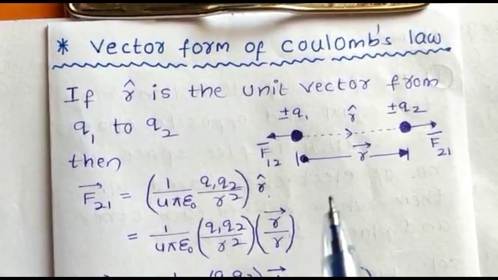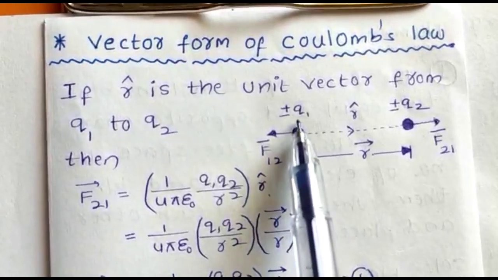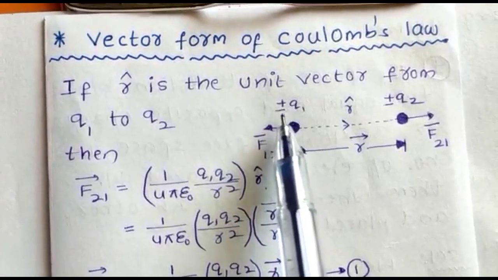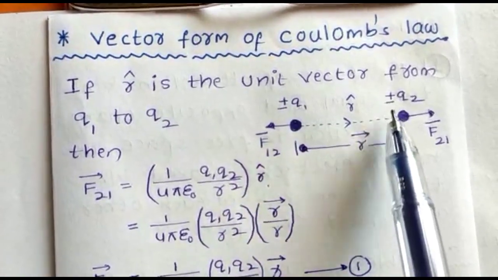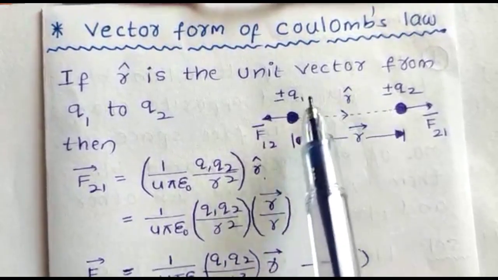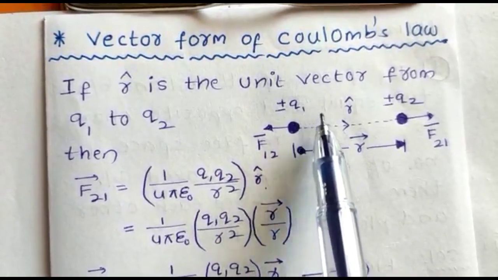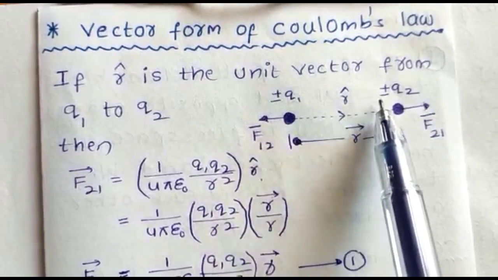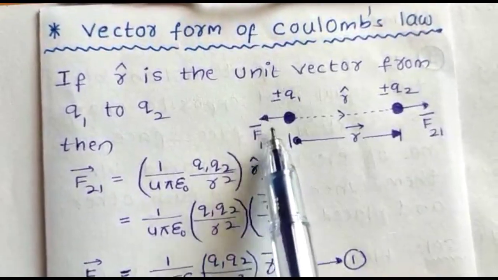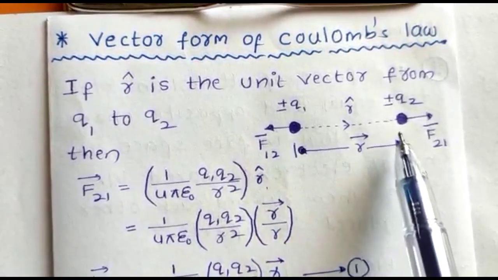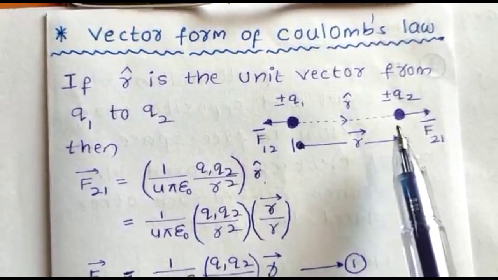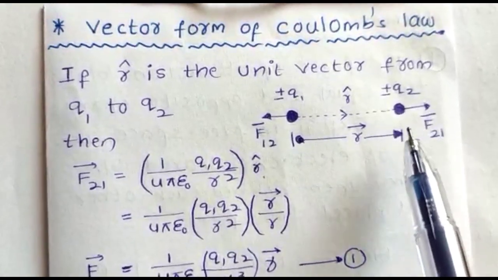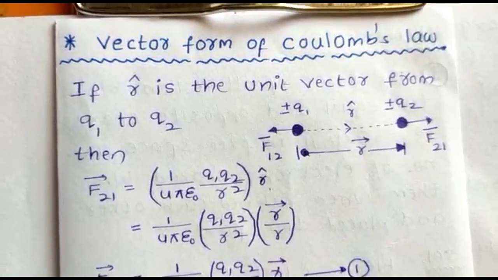So for example, let us consider two charges. Here Q1 is the first charge and Q2 is the second charge. Here, plus or minus: plus to plus means when the first charge is positive, then the second charge is also positive; if the first charge is negative, then the second charge is also negative. This diagram indicates two similar charges. Both charges should have the same sign, either plus for both of them or minus for both of them.